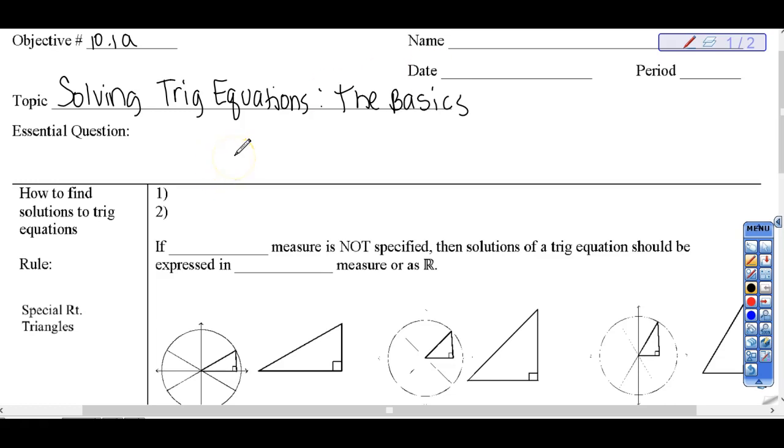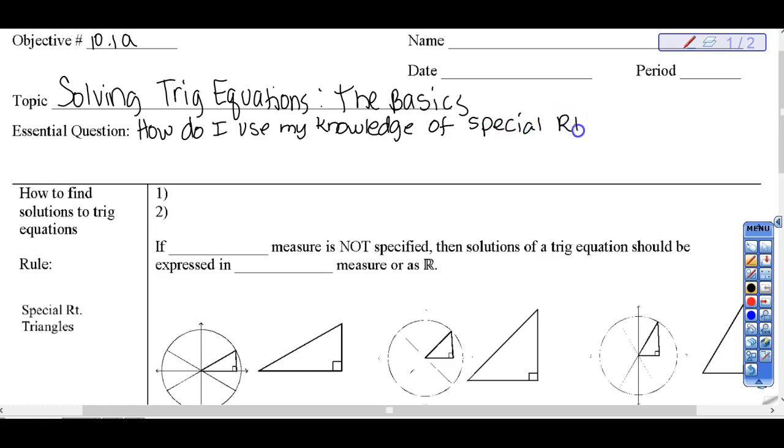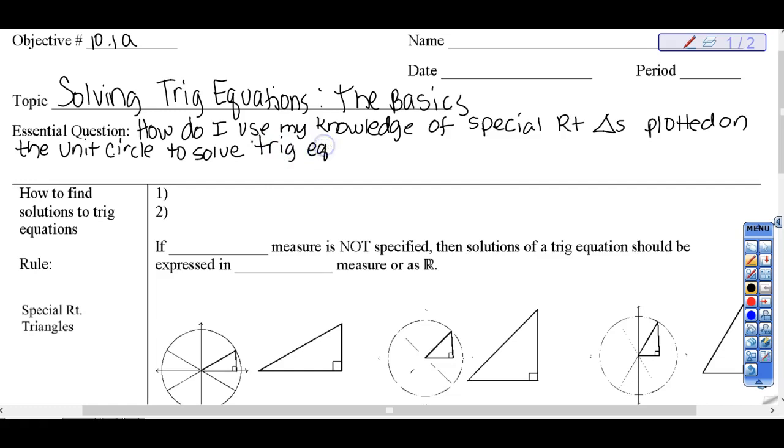Your essential question is this: how do I use my knowledge of special right triangles plotted on the unit circle to solve trig equations for angles x or theta, and I should write,